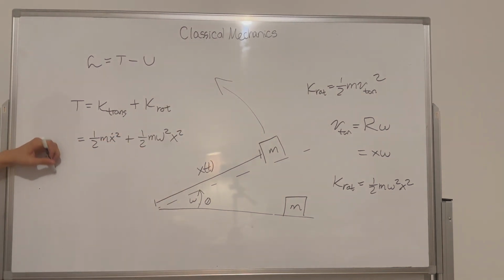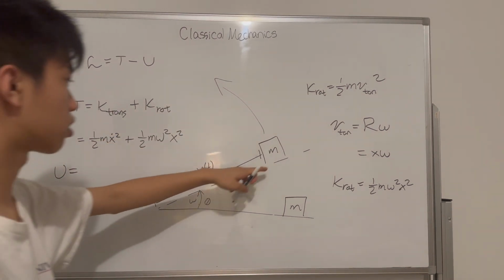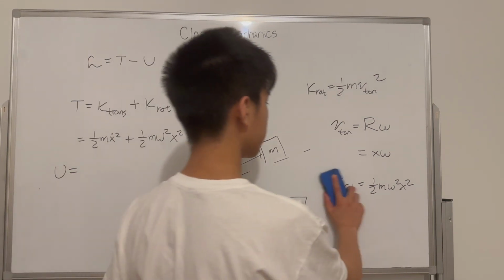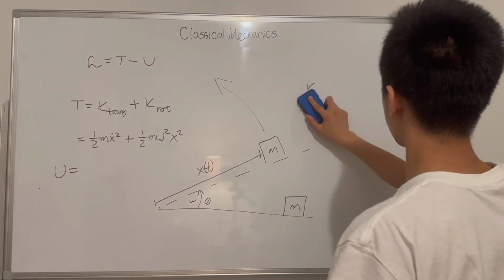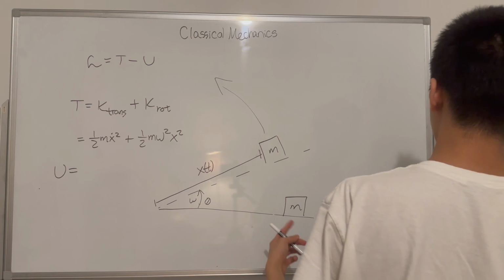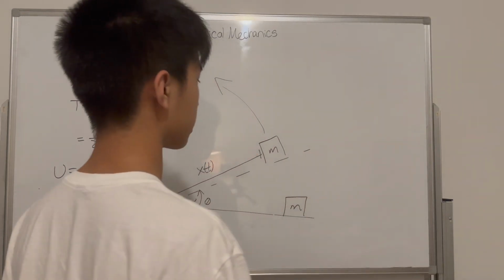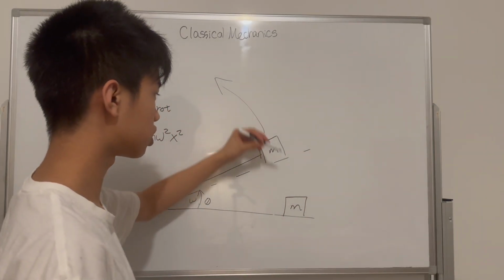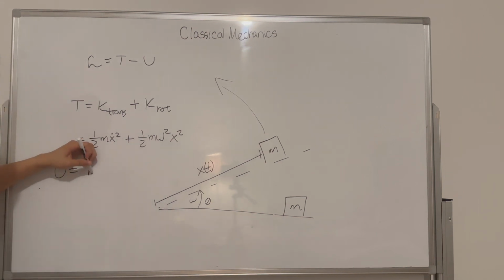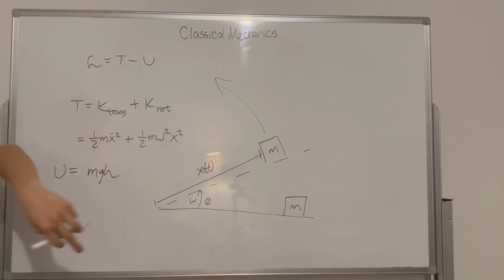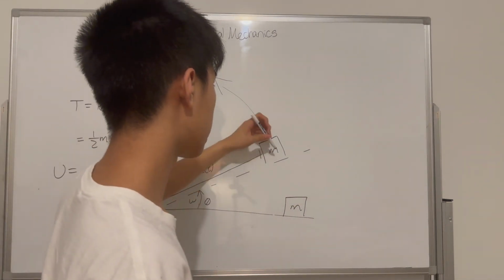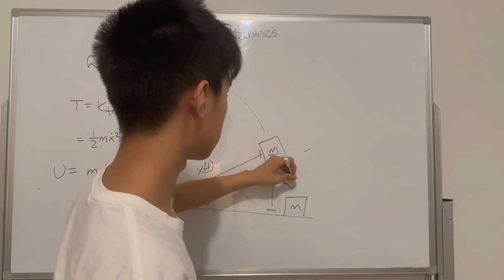So our U is just going to be gravitational potential energy. So let me just get rid of this. There's no other source of potential energy. There's no springs or anything like that. It's just gravitational potential energy. We know that that's mgh. Now we need to find h, since that's a variable of time. So what is h? Well,